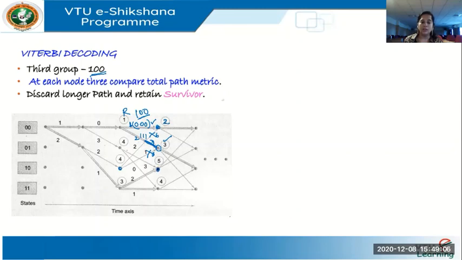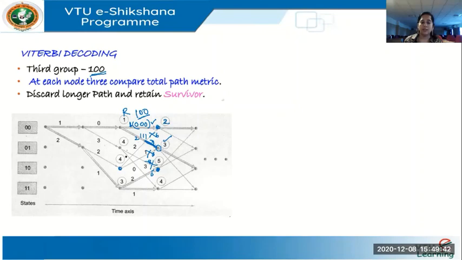Again, in this point, 4 plus, what do I have here? 4 plus 1, 5. No, this is 4 plus 3, 8. This path is giving me a distance 8. That's why it's shown in light color. And the darkened one you see is the path coming here. This 2 plus 1, 3 plus 2, 5. I'm getting 5 along this path, 8 along this. So this path will be discarded. This 5 will be retained.